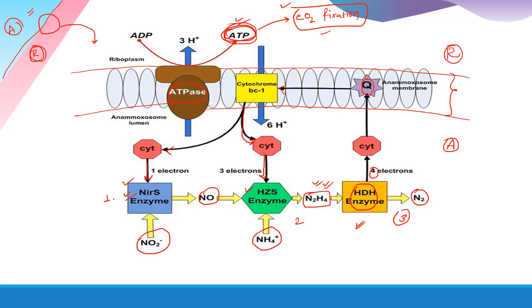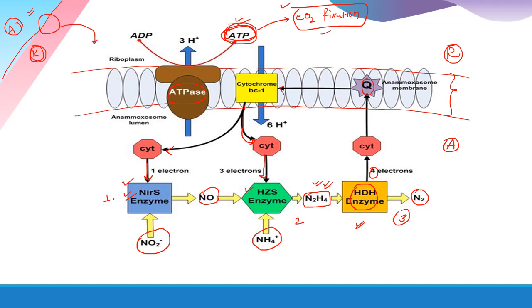After that, sorry, not lumen, in the membrane, the Anammox membrane, there is a presence of quinone. From the quinone, it goes to the cytochrome bc1, and then the cytochrome bc1 goes to the cytochrome, and this cytochrome gives the electron to enzymes 1 and 2. In this process, one ATP is formed, and using this ATP, the Anammox bacteria can produce or fix carbon